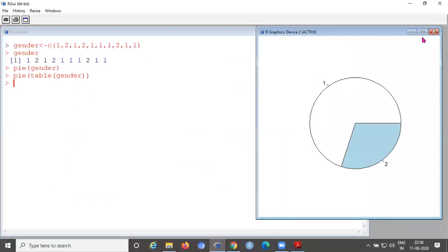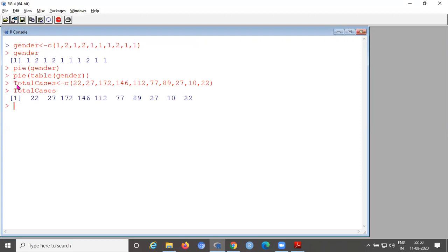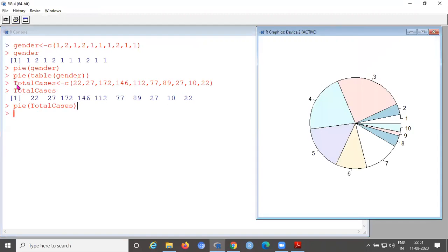Now we will also demonstrate this one. Take the COVID data total cases. Yes, this is the total cases. So create the pie chart for this by default, without using absolute frequency. So this is the pie chart for this COVID data, total cases, age group details.